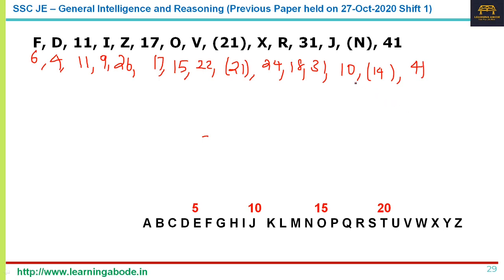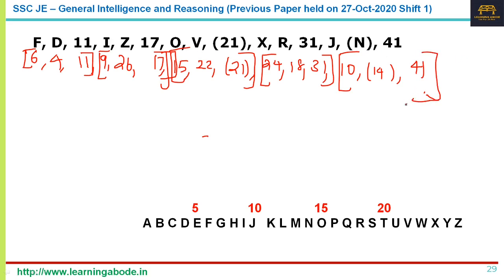Okay, now what I'll ask you to do is group them in triplets. You try to group them in triplets. Like when we look at consecutive numbers, when they don't form a sequence, what we do is we look at alternate numbers, right? That is, in alternate numbers, we consider two numbers at a time. Now instead of that, you consider three numbers at a time. Okay, now what happens when you consider three numbers at a time? You consider only the first numbers in every group.